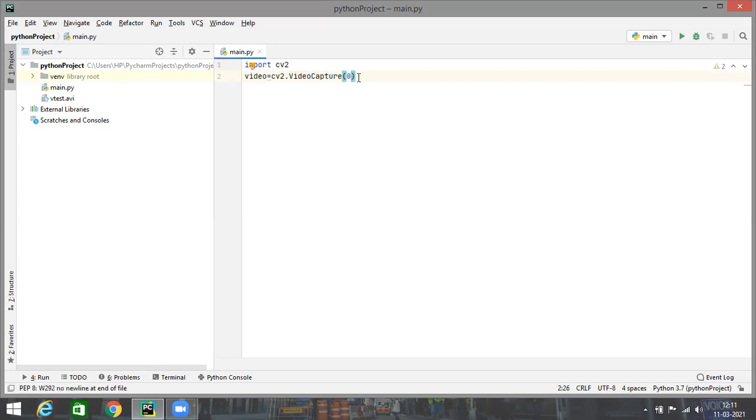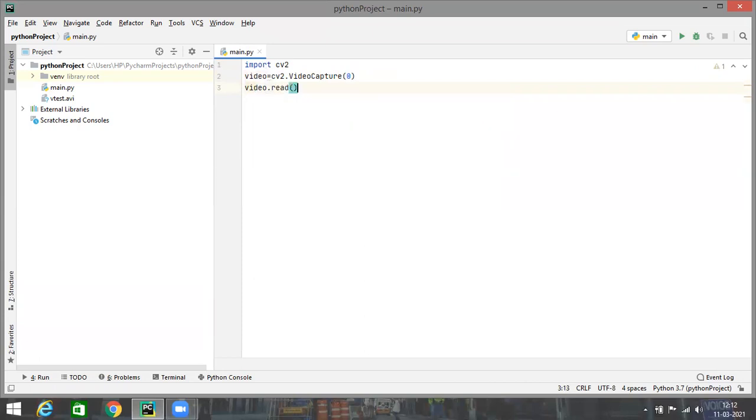Next, we'll have to make use of the read method on this video capture object so that we are able to read the video from that webcam. From this second step, what we have done is we have got an instance of the video capture object, which in turn has given us an instance of the webcam of the laptop. So it has specified the device from which we are going to capture the video. Now we'll have to read that video which is coming from that webcam. For that we'll have to make use of the read method of the video capture object.